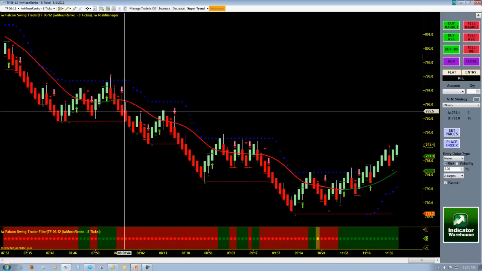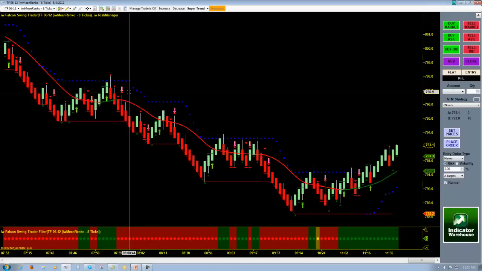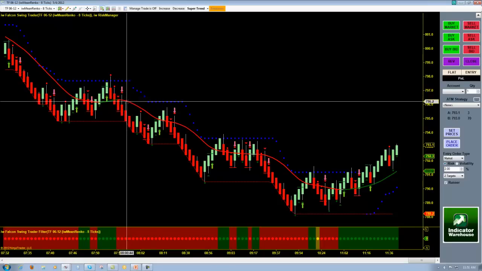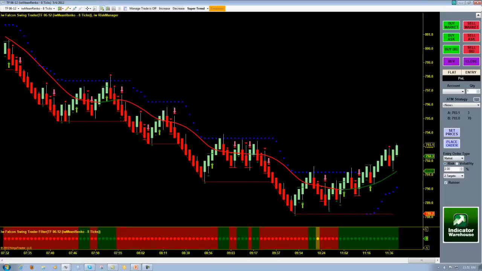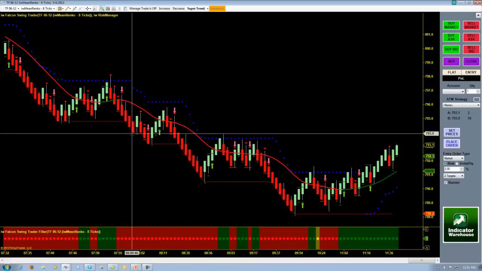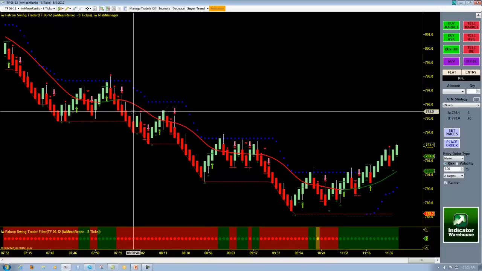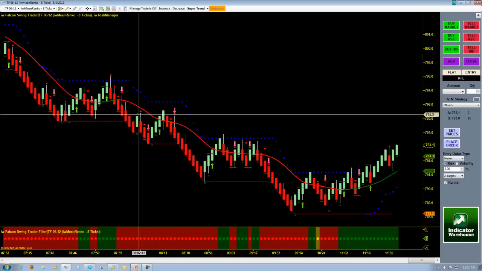My order filled, and I took a little bit of heat on this trade. However, you'll see that it goes my way for my first and second profit targets. And of course, again, for my third contract, I protected at break even plus one, and I was taken out on this bar right here.